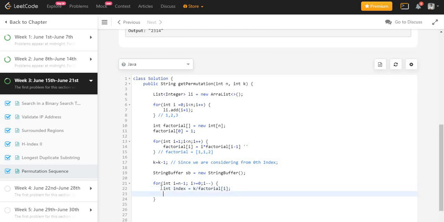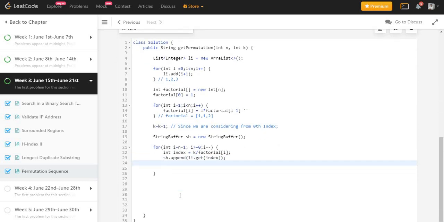Now I will check from the list, fetch the value at this particular index, and append it to the string. So I will call sb dot append, list dot get index.